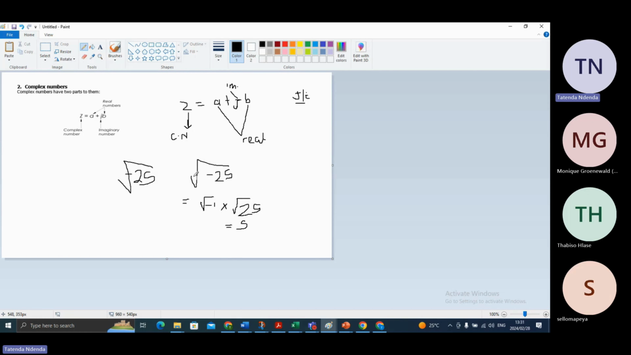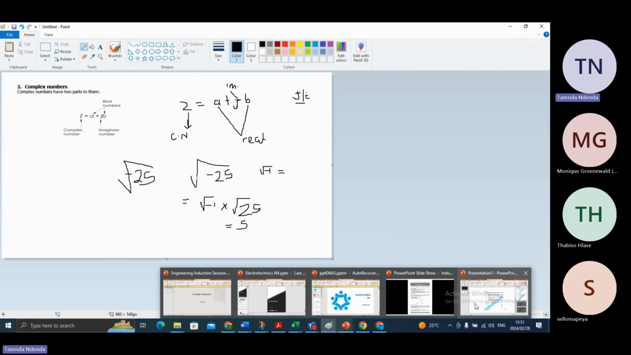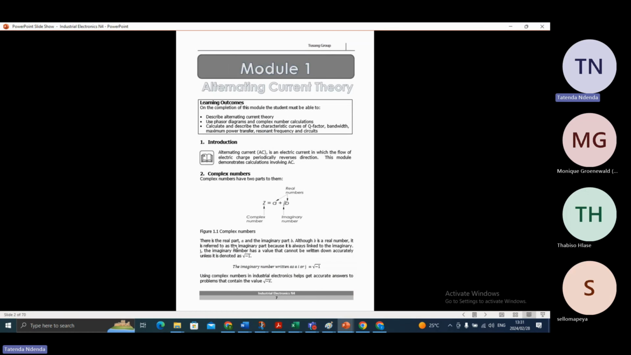Then, whenever we are dealing with complex numbers, guys, root of -1, right, is equivalent to what? This is what we are now going to look at. Let me just go back to the PowerPoint presentation that I have here. You see, they are saying there is the real part A and the imaginary part B. Although B is a real number, it is referred to as the imaginary part because it is always linked to an imaginary J. The imaginary number has a value that cannot be written down accurately unless it is denoted as √-1. So we are saying the imaginary number written as I or J is equal to